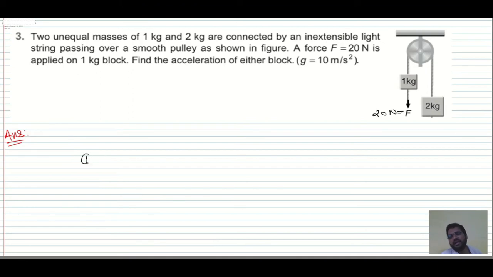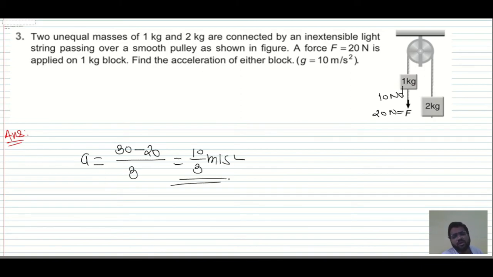Okay. Now see, acceleration we have is the greater force minus the smaller force divided by total mass in the system. This 10 Newton is applied and this 20 Newton is applied and this 10 Newton is already there. So 20 plus 10, 30 Newton we have is the greater force minus smaller force 20, divided by total mass in the system, which is 3. So what is the acceleration? 10 divided by 3 meter per second squared. So nothing is there. If you remember only one formula, that is greater force minus the smaller force divided by total mass in the system, you can solve these types of questions easily, right?